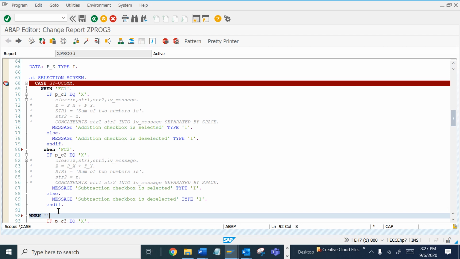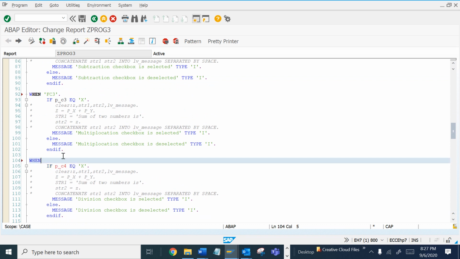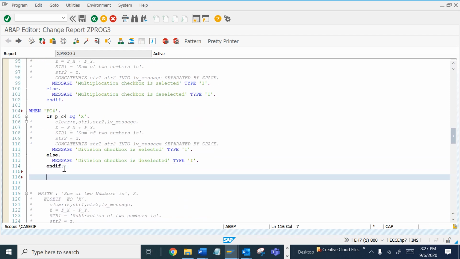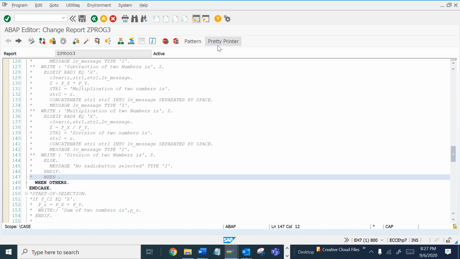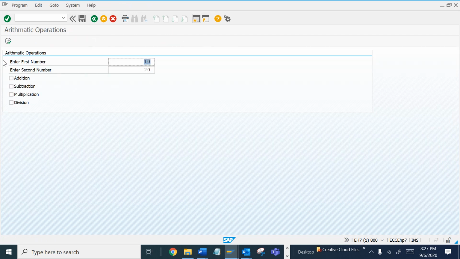For FC3 I want to do this, and for FC4 I want to perform this, and then I have also used WHEN OTHERS, right? Let me activate. Now I want to do debugging again. Let me perform this.